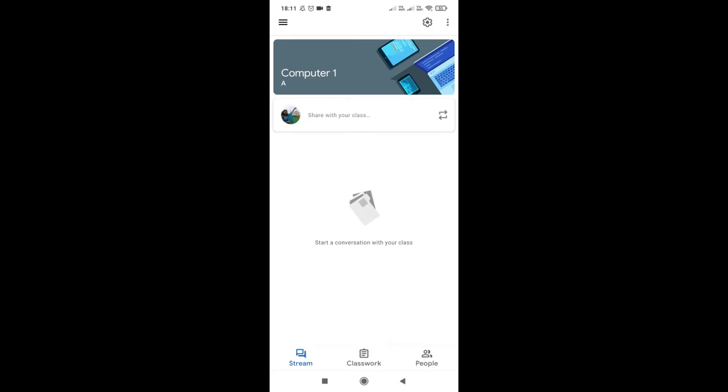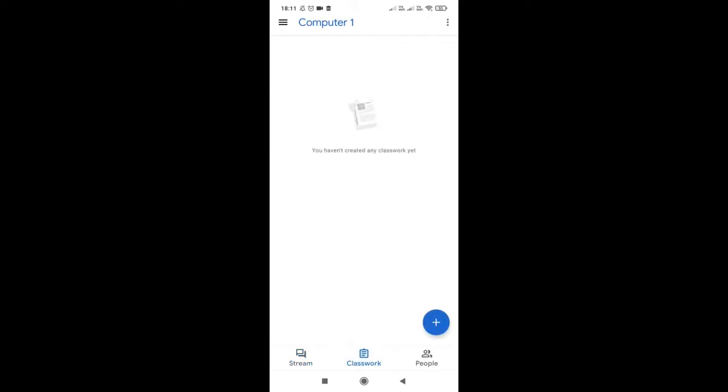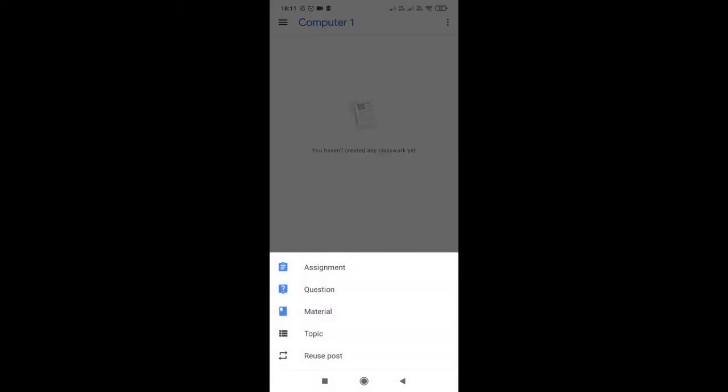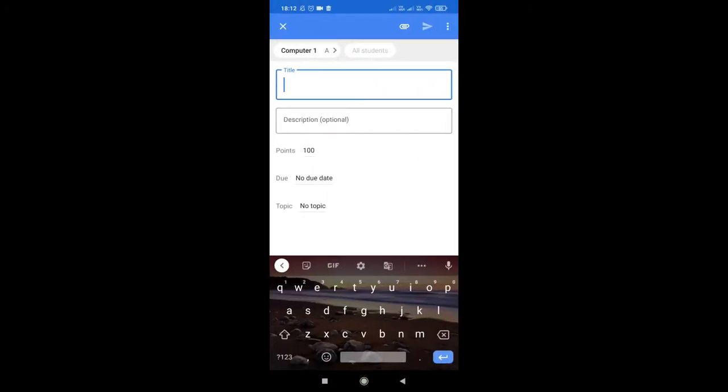Stream is where whatever is posted will be presented over here, and classwork, if you had given classwork to your students, will be displayed over here. Right now there is nothing, so if you want to create a classwork, just click on the plus sign again, and here you have different options to create an assignment. You can post a question, you can create material, study material, and you can reuse a post, which means any post or assignment that you have created earlier, you can reuse that as well. I just click on assignment and here I will give the title,